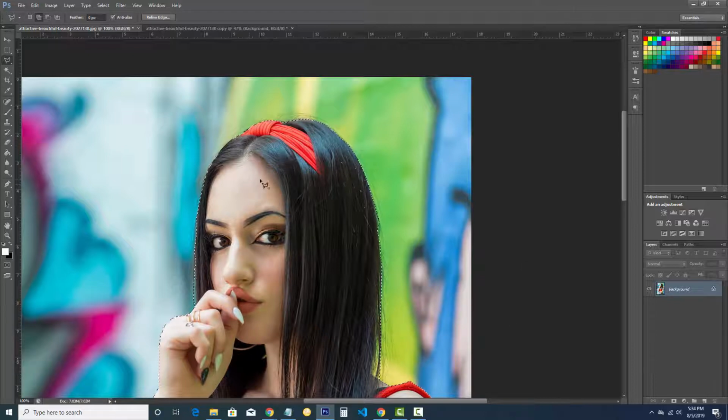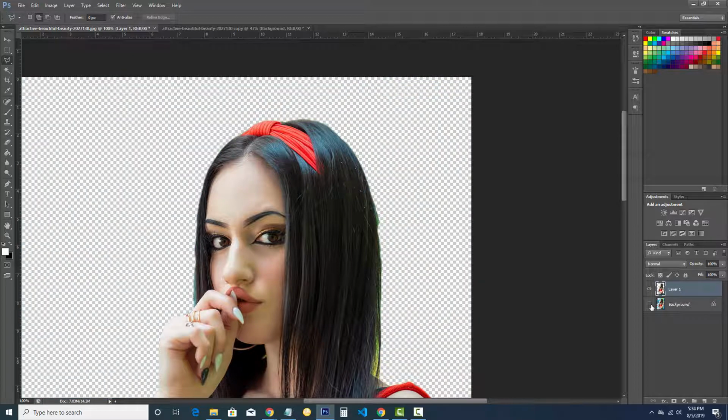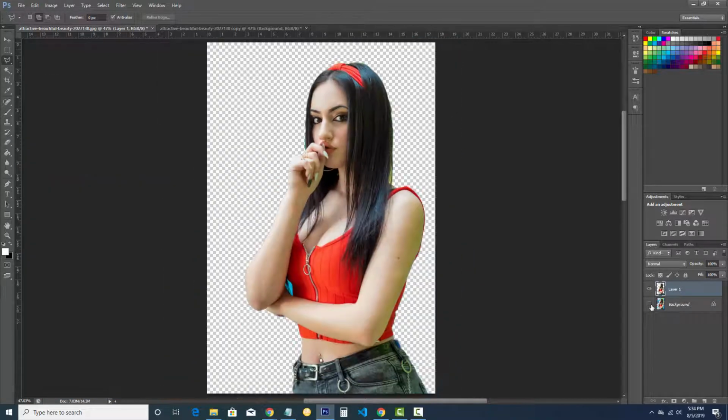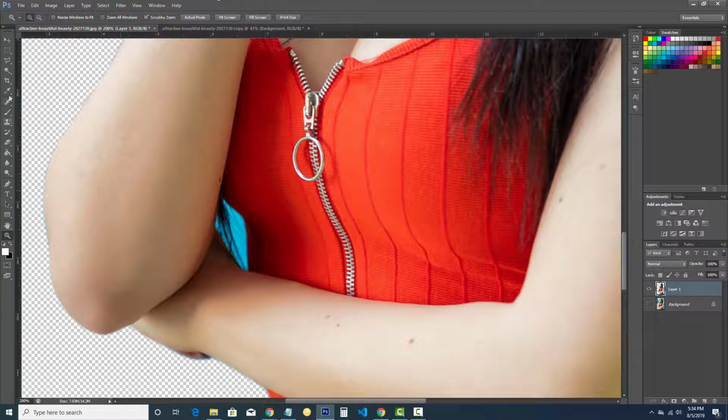So we can go ahead and just right click on it and select layer via copy. Okay, click on that, and then if you turn off the background, now we have our image extracted without the background. Okay, we see a small background here, so we can come back to the lasso tool